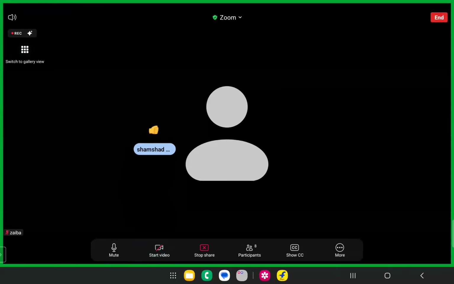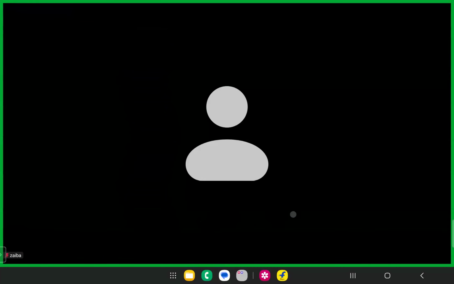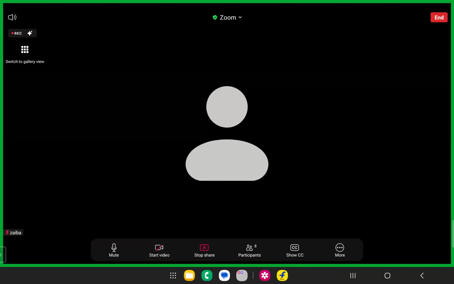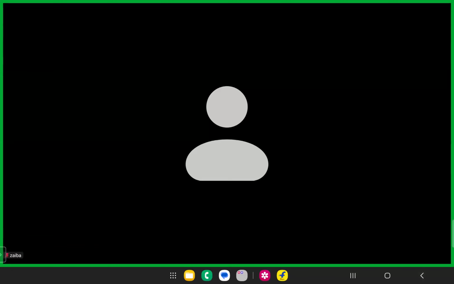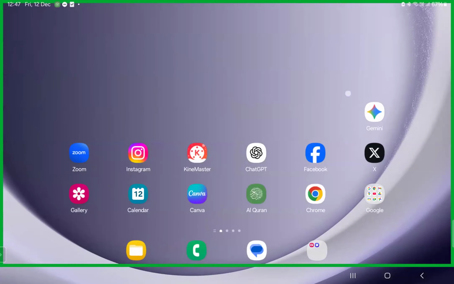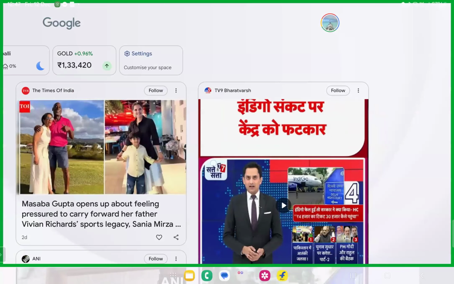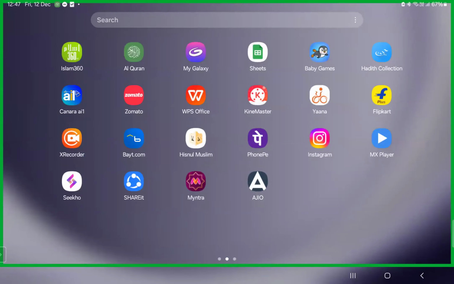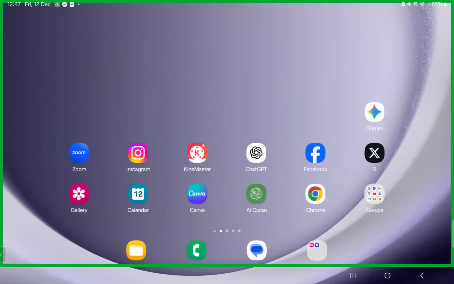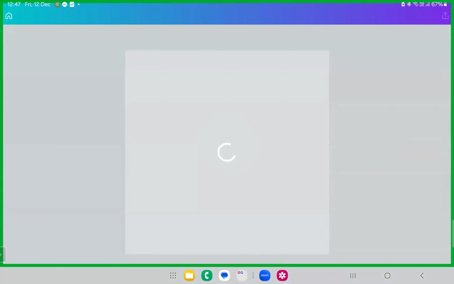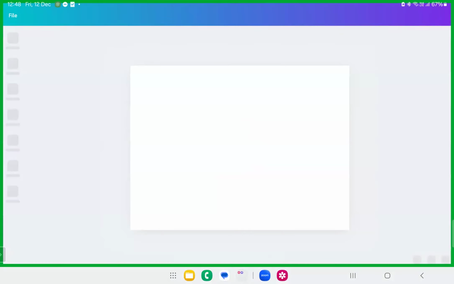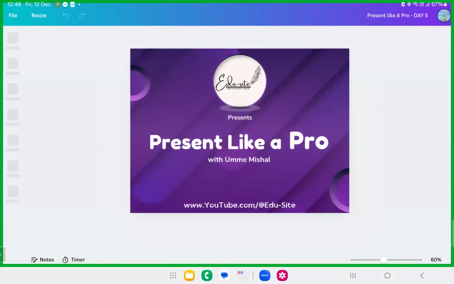So what do I do when I want to share the screen? I click on this share button here. See the highlighter? Over here, the share button. Inside that, I'll have the button known as screen. I'll click on share the screen. Now this is my screen. I'll click on the back button. Now it will show my entire screen. My screen is showing to you. So I'll go to Canva. This is how I present my classes every day. So whichever presentation is there, this is my presentation for today's class. So how will I share this presentation with you?